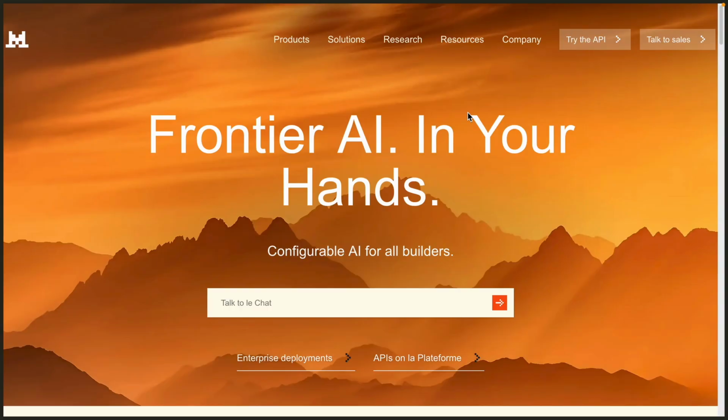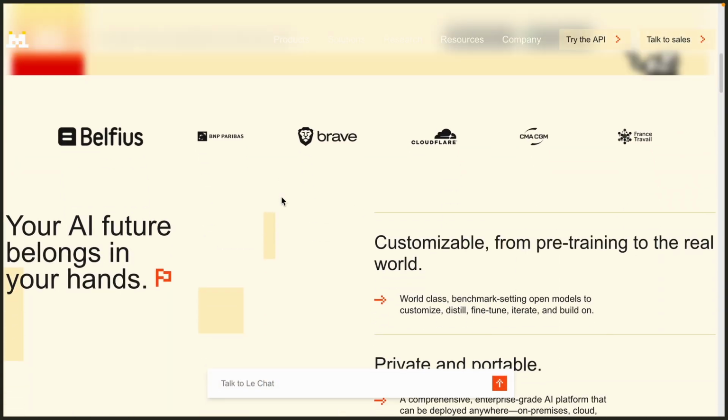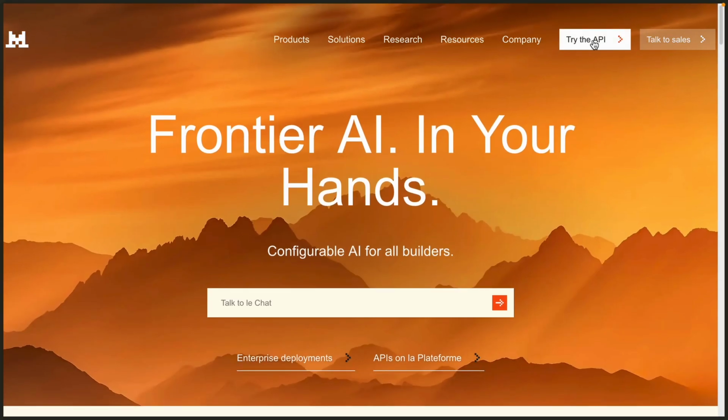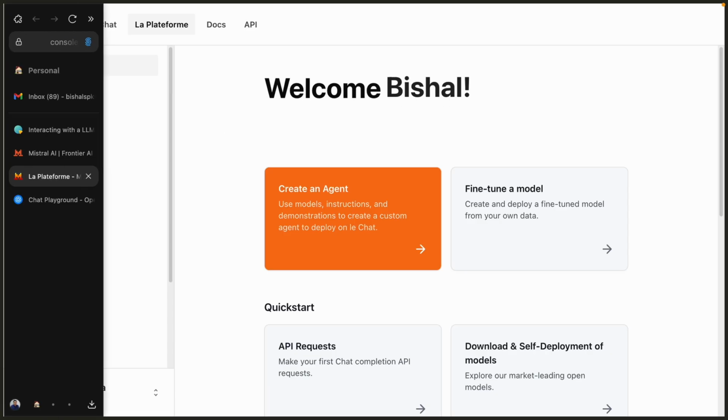Okay, so Mistral AI is one of the providers of large language models, and they are a company based out of France, and they've been doing some really wonderful job with open weights models. They're kind of one of my favorite AI companies right now. On this site, you can go and try their API. Good thing about Mistral is that using their API, it doesn't require you to provide them with a credit card, right? So you can go and start playing around with them straight away. If you click try the API, it will take you to